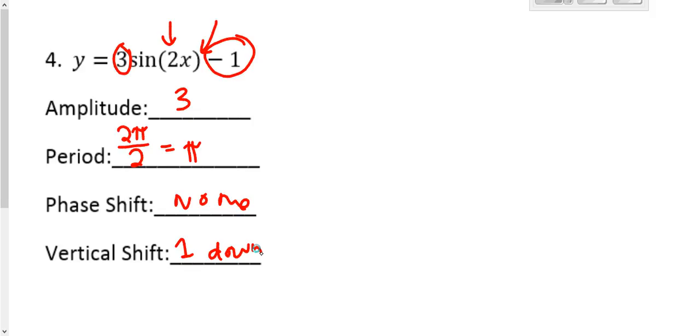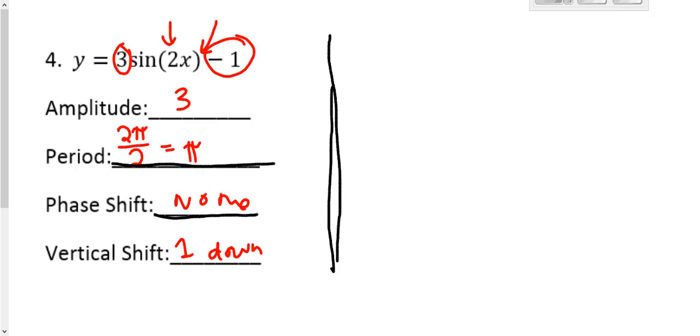So let's draw our graph. We don't have a phase shift to account for, so once we draw the period and the increments in there, we will be done with our graph. We don't need to shift it at all. So we will have,